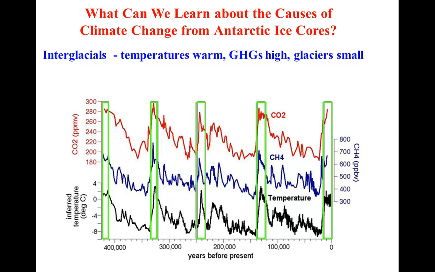We have 440,000 years of data here, during which time Earth's climate has changed dramatically between a glacial and an interglacial climate, and changed multiple times. Interglacials are those time periods when temperature is similar to what it is today. Greenhouse gas concentrations in the atmosphere are high, and glaciers and ice sheets worldwide are relatively small. I have highlighted in green the interglacial time periods. Temperature warm, CO2 and methane high, glaciers and ice sheets small.